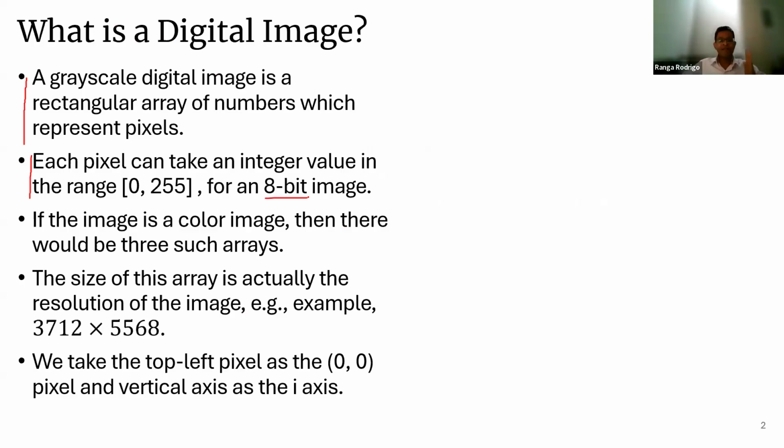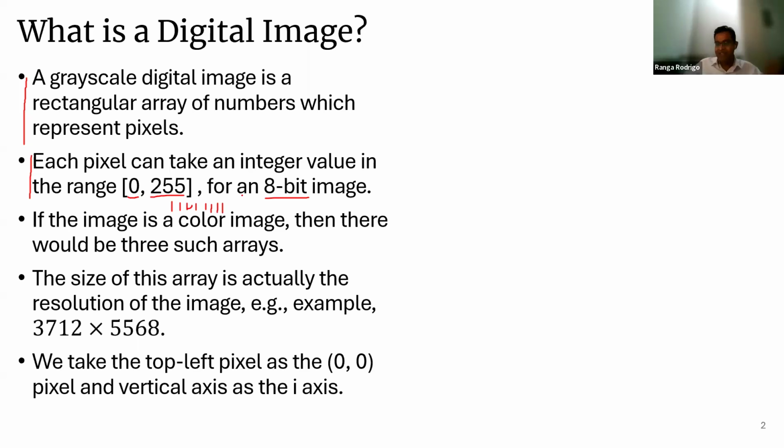So you know that 8-bit numbers can represent 0, that is 8 zeros, corresponds to 0, and 8 ones correspond to 255 in binary. So those are the numbers that can be represented by each of the pixels in a